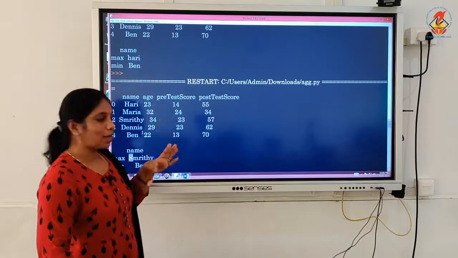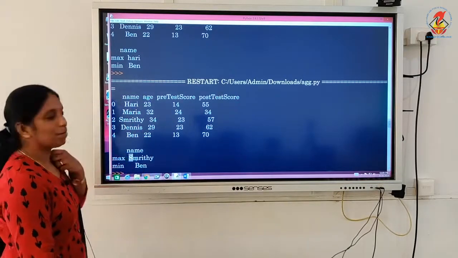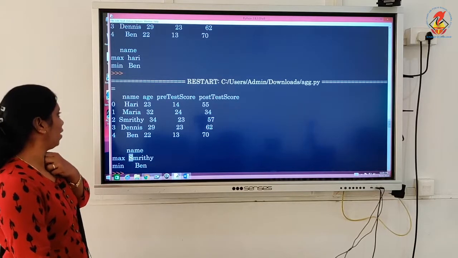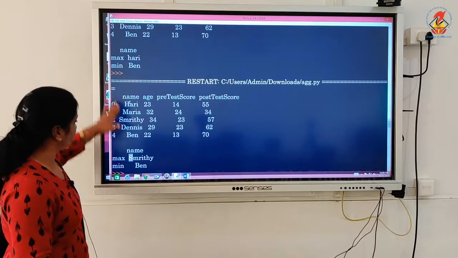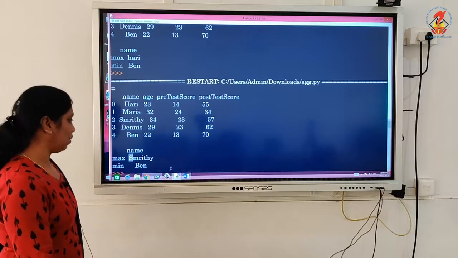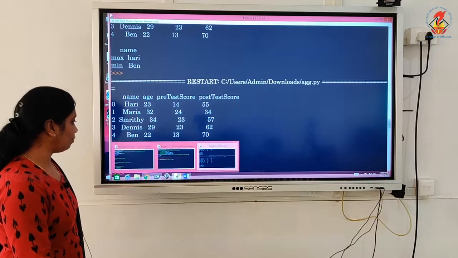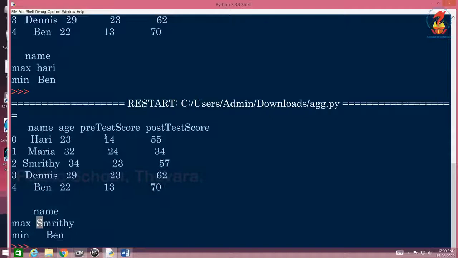That has to be compared to see which one has the highest. That is how Hari came as the highest earlier. When I changed that to capital, then with the capital ASCII values compared, finally the highest value is Smriti here. So, I hope it is clear. Once again, go through it properly. It is available in the Word document also, so I am just going to show you with Word after minimizing this, of course.